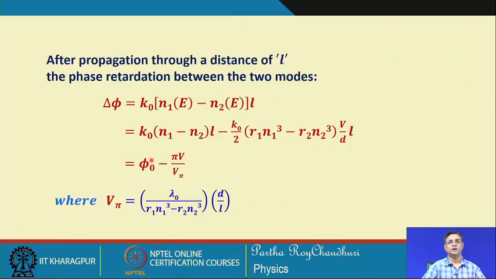So, with a more compact notation, this phi 0, the static birefringence, is the one which is always sitting there, and this is the voltage dependent birefringence, and you can express this. We have seen that this is pi V by V pi, V pi is the half voltage to switch the modulator to get a phase difference of pi. So, this V is this, that also we have seen in the case of transverse modulator, because d by L appears, d is the width of the crystal, L is the length of the crystal, and these are the electro-optic coefficients.